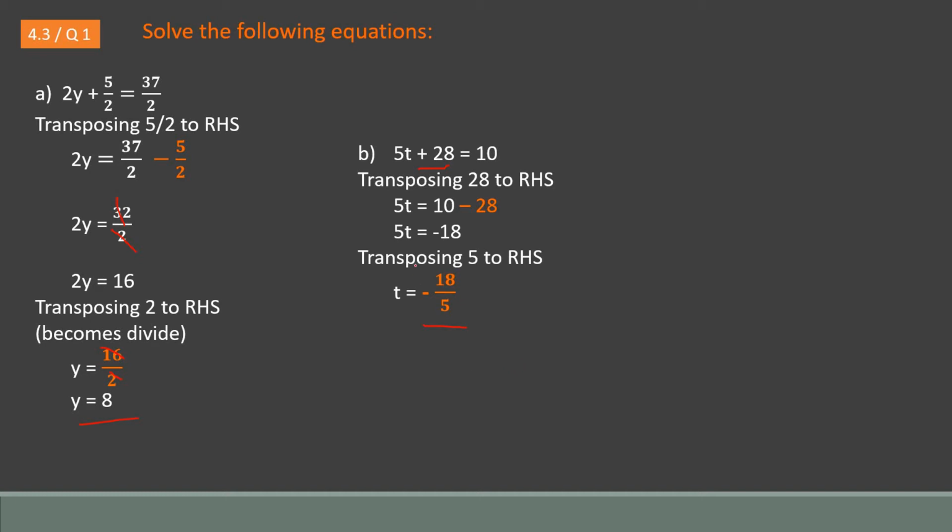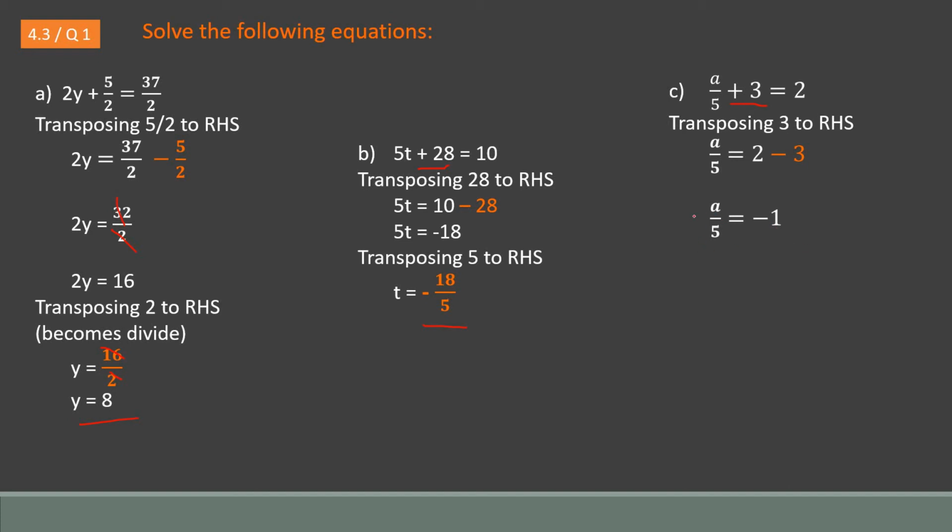It's very easy. You need to just remember while transposing from left hand side to the right hand side, don't forget to change its sign. And rest is very simple. Next is a upon 5 plus 3 is equal to 2. Left hand side का ये plus 3 है, ट्रांसपोज होके राइट हैंड साइड में जाएगा और बनेगा -3. ये देखो यहाँ पे मैंने लिखा है 2 -3 और लेफ्ट हैंड साइड में से होगा a upon 5 is equal to 2 -3. लेफ्ट हैंड साइड में होगा a upon 5, राइट हैंड साइड में होगा 2 -3 is -1. So I'm getting this as a new equation.